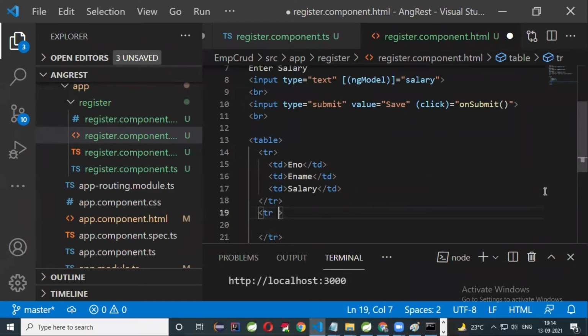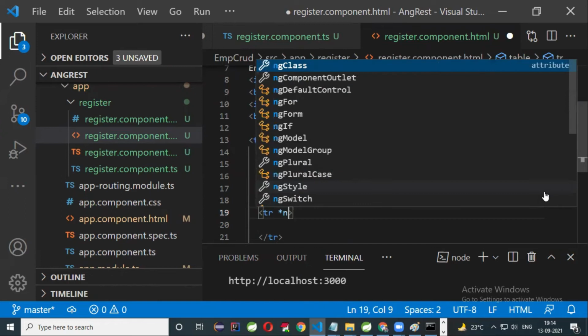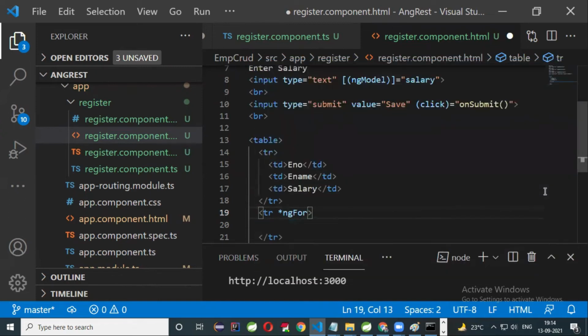HTML's main purpose is to display the content on the browser. This data is basically divided into two types, static data and dynamic data. Static data means directly injecting the data within the HTML tags. Dynamic data means data coming from the database and displaying it in the HTML. So generally, if you want to read the data from a collection, you will use a for loop. In Angular also, you have some for loops. Here you can use ngFor. Is it clear?